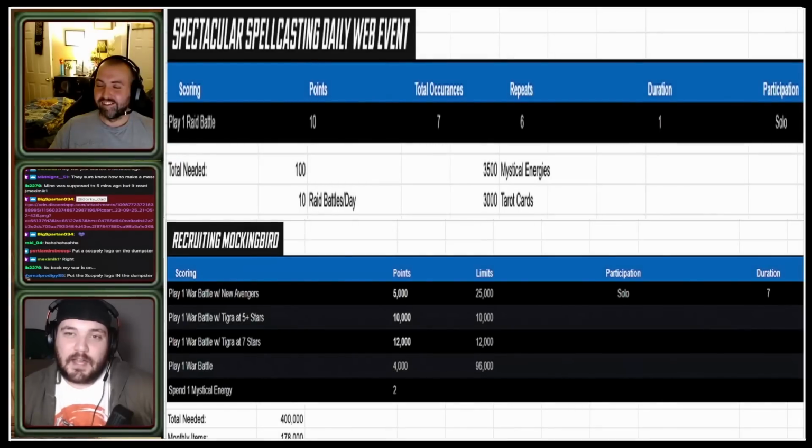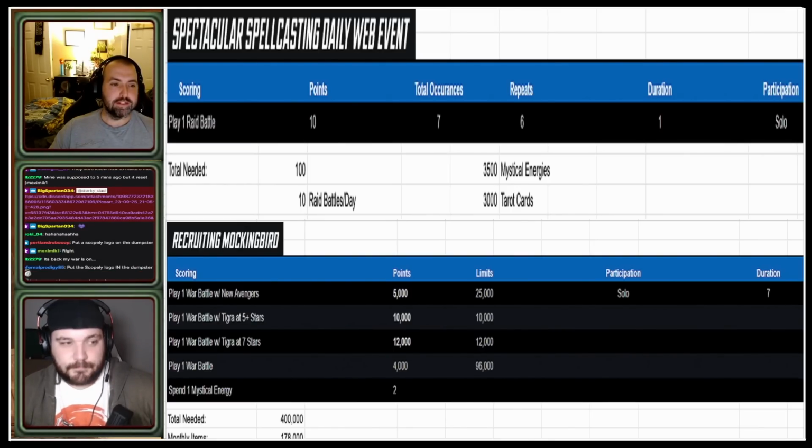All right, so here we go. First things first, we got a web milestone event happening. This is not very complicated. Why don't you break it down for us? Yeah, so it's a repeating web milestone, so it's daily. It just takes 10 raid battles a day. So between Greek and Doom/Incursion, I think that should be fairly easy, and it's play, so you don't even have